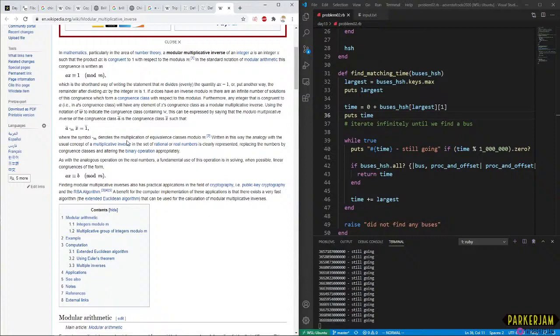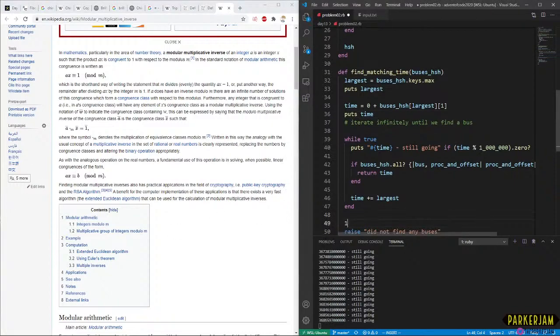Oh, okay. So when you say 1 mod n, do you mean literally 1 mod n?